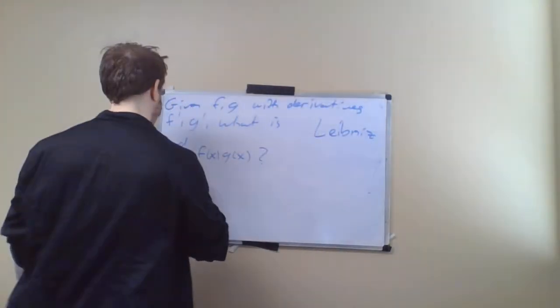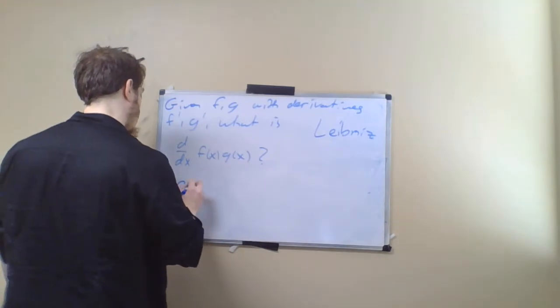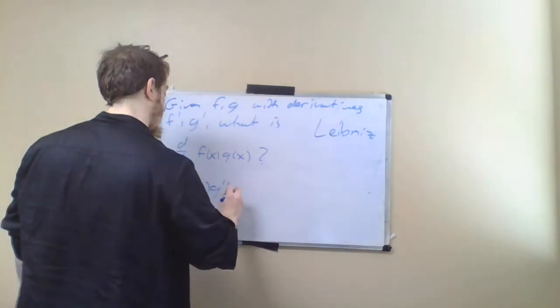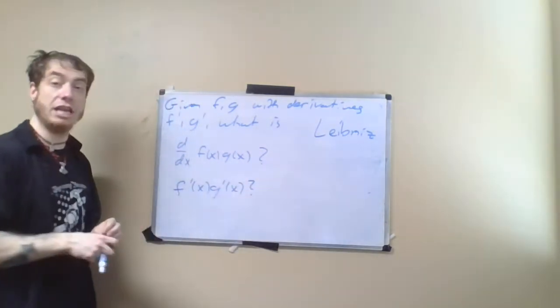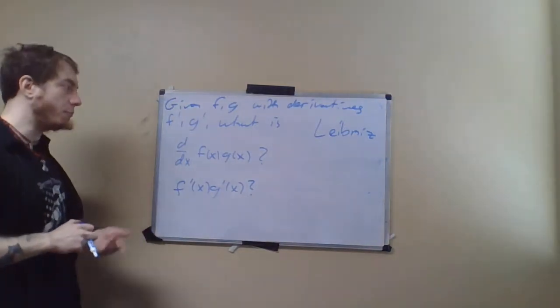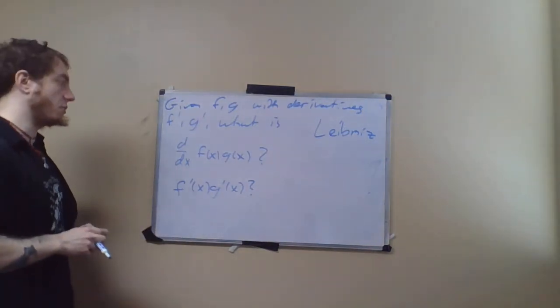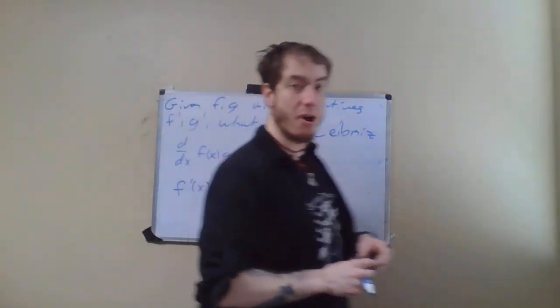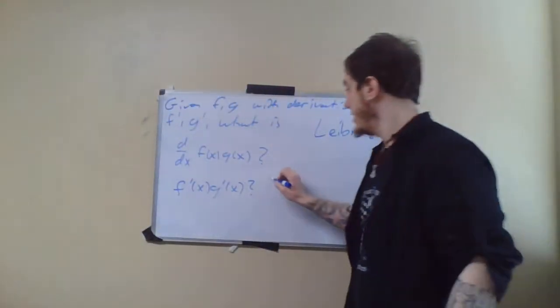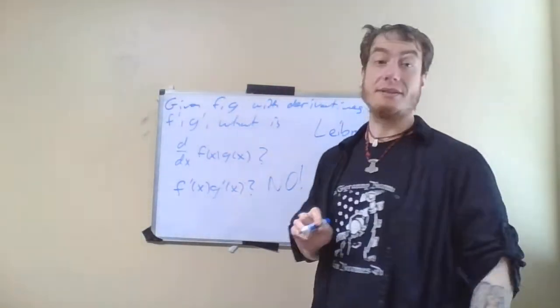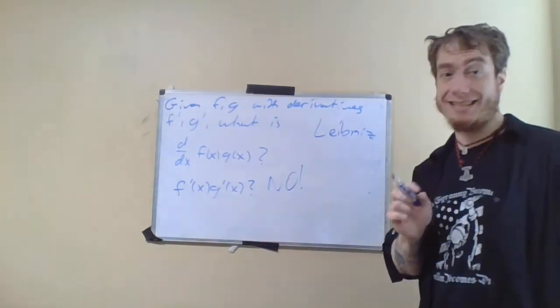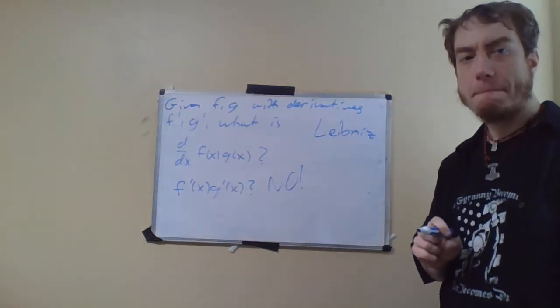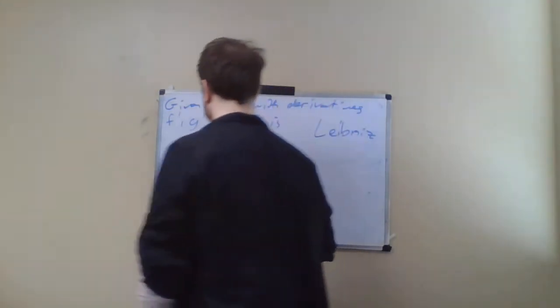Some people might guess that it would be the derivative of f times the derivative of g. I mean, that would be kind of nice, right? If the derivative of a product is the product of derivatives. Unfortunately, no, this is not correct. And it's actually very easy to see this cannot be right. Why? Well, just consider